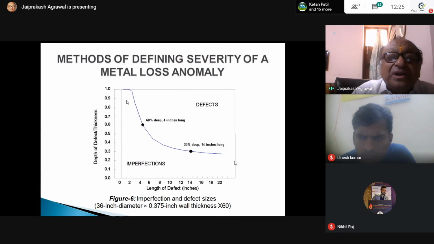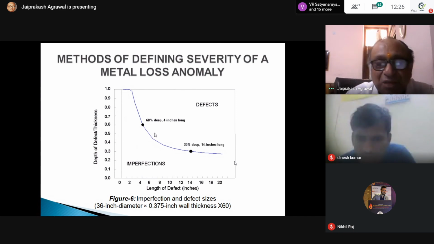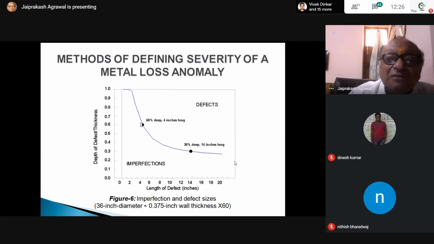You see, this is important. Even if it is 90% depth, it is the same. While as its criticality goes above, it is critical. Here it is critical, 80%. How much is it? 2 inch to 4 inch. If it comes to 2 inch, 80% is not critical. From 2 to 6 inch, at 60% it becomes critical. So this is important. Don't rely on this because you have to calculate. Of course, this is a rough idea. So I will give the formula where you can find out the critical depth.